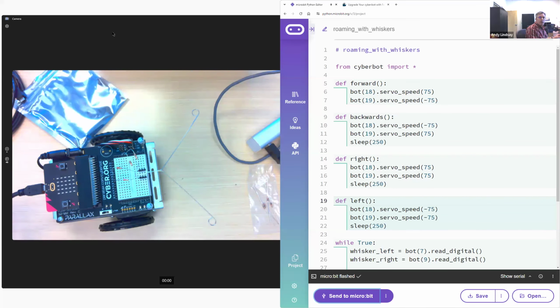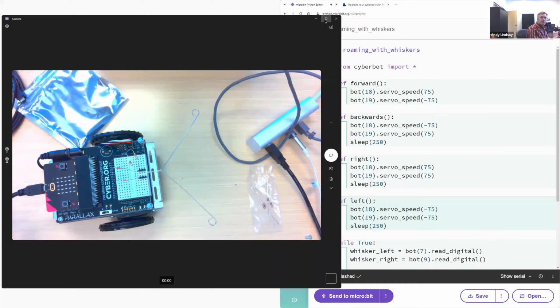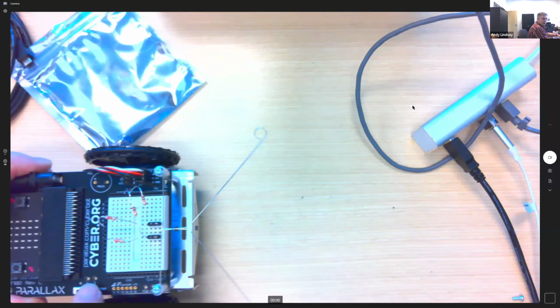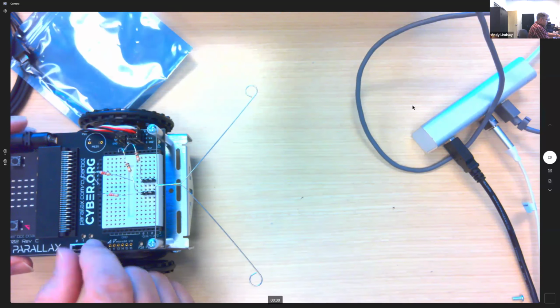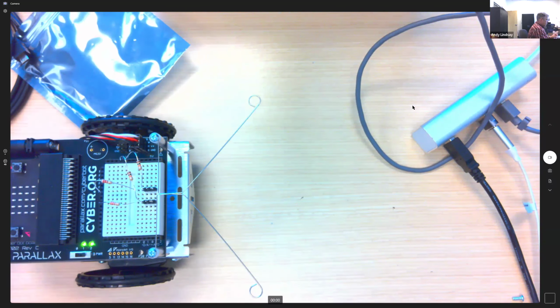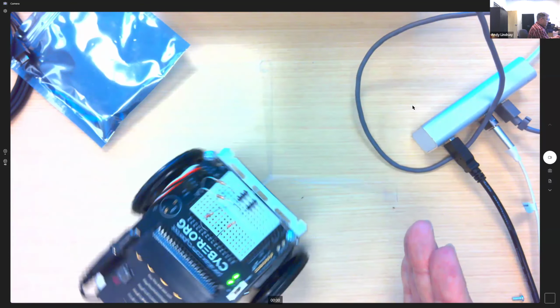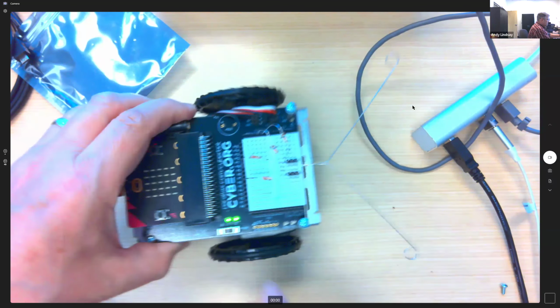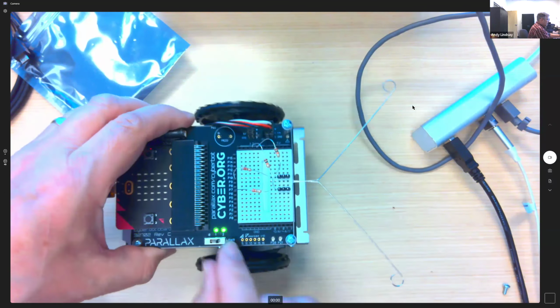Okay, so let's see if we can get this to be large enough to show. Okay, so here we are going forwards. And it backs up and turns a little bit. But that's not backing up enough or turning enough. So what I'm going to do is adjust the script a little bit. Like we want it to back up,